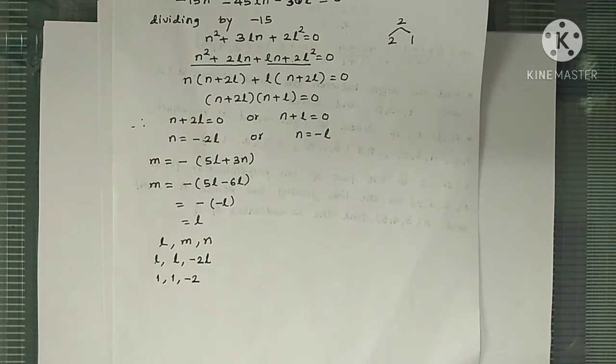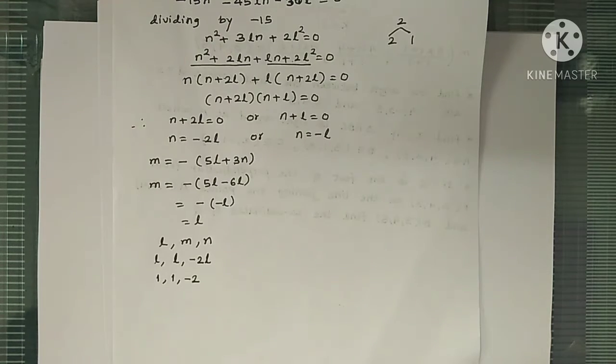But remember, these are not direction cosines. These are direction ratios. Because for direction cosines, we have l square plus m square plus n square is 1. And here, squaring and adding these numbers, we don't get 1. So these are not direction cosines, these are direction ratios. But no problem. Even using direction ratios we can find the angle between the lines.